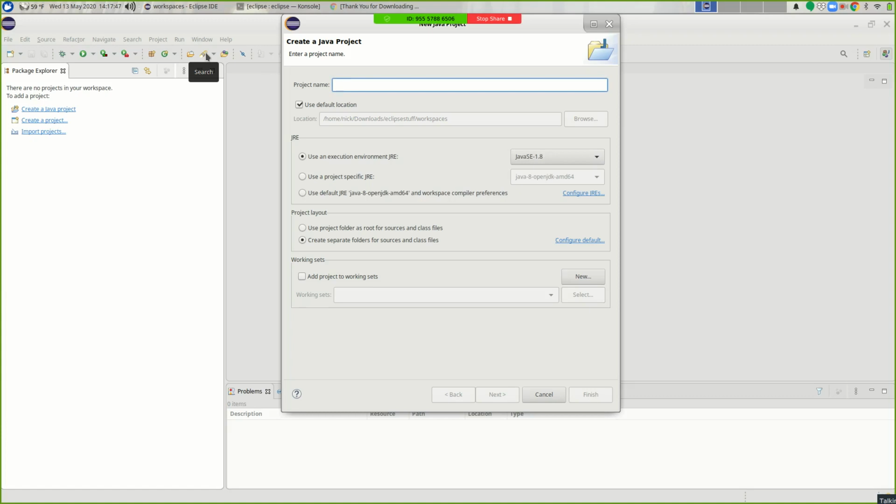Okay, we can call this whatever we want. So let's call this 223B Project 1. And I'm going to leave everything else the same, but let's look at what else is in here, okay? Now, I already had a Java environment installed,